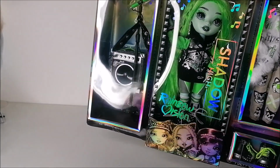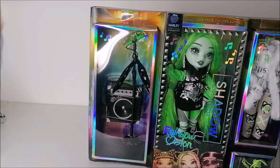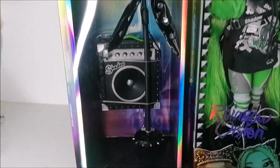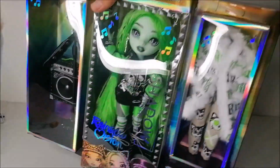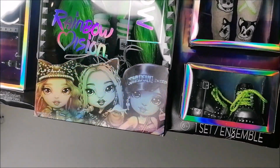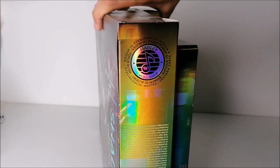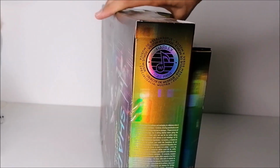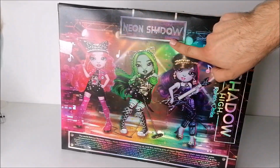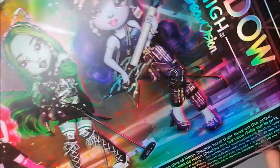Harley comes in this really nice white box that is pretty similar to the other boxes we know from the musical dolls from Rainbow High, with the musical instrument on one side, doll in the middle, and second outfit on the other side. Then on one side of the box, it tells you that Harley is a music focus. And on the back, it gives you a full artwork for the Neon Shadow band. And it also mentions that they're a part of...